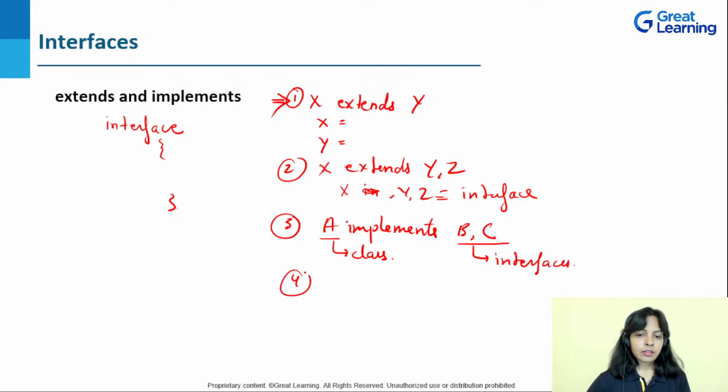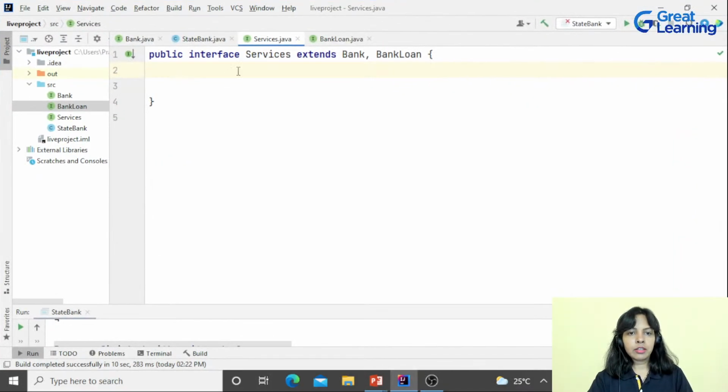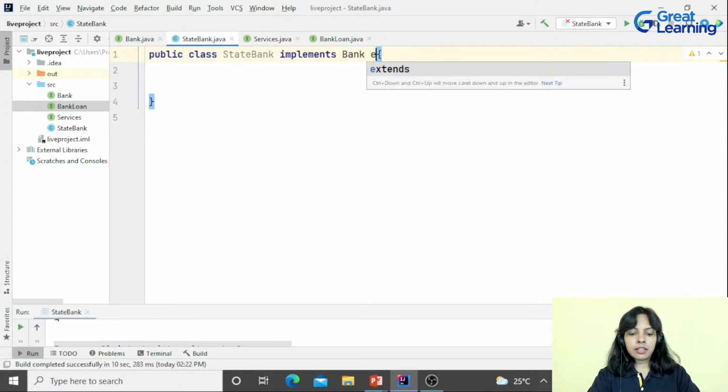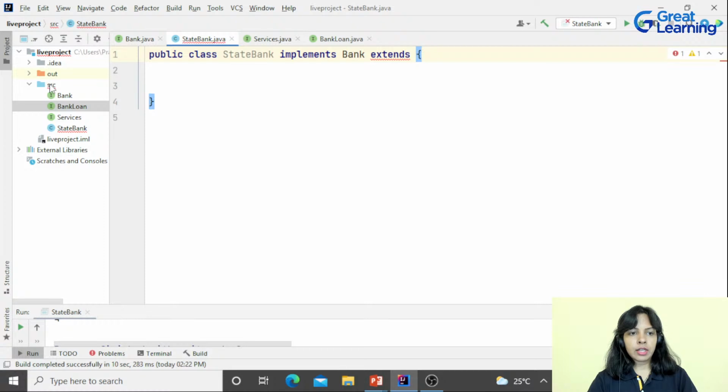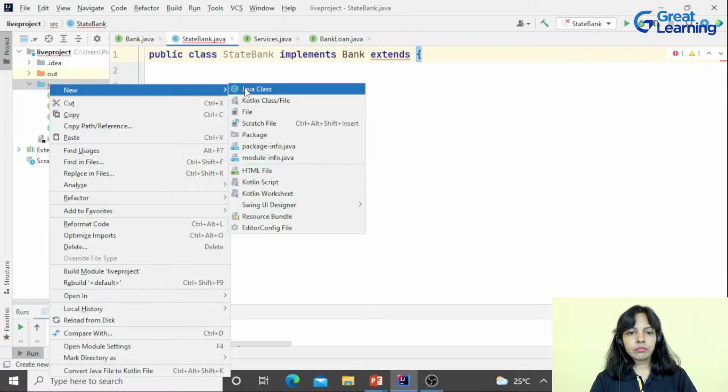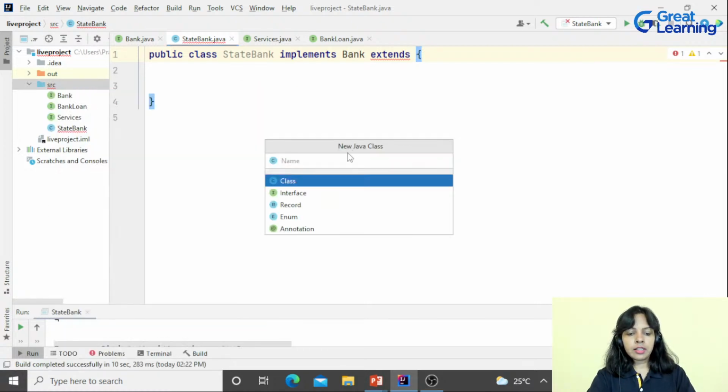Okay. Then the next question is, is this possible? A implements... okay, I'll go to the IDE itself to show you. So class StateBank implements Bank, and then I want to write extends. I'll create one more class here. Let the class be Example.